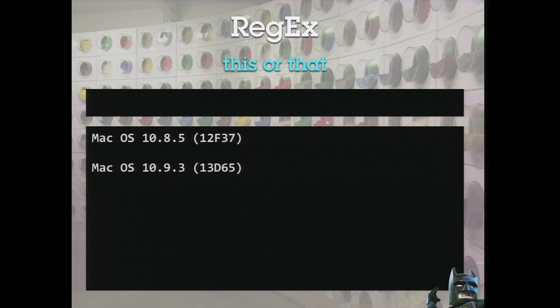So let's say you want to look for occurrences of the OS version, 10.9x, 10.8x, in a command's output. And let's say the output shown here is from 2 separate computers. To write the expression that will capture both of these, you need to combine a few of the regex methods together. So it looks a little scary, but